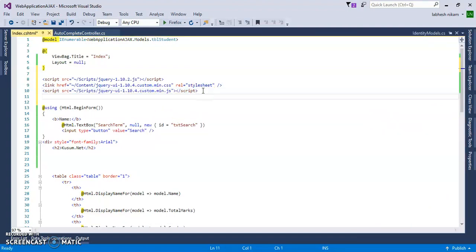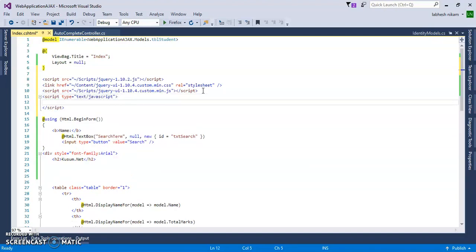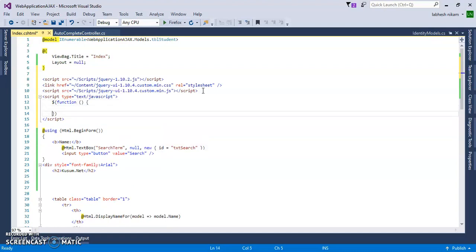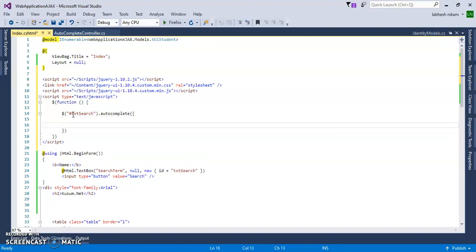And we'll create one jQuery script file. So script type equal to text/javascript, and we'll add here $(function, and inside of this function we'll add dollar using the id, this id txt search, dot autocomplete, and inside of this we will pass the term, source term.